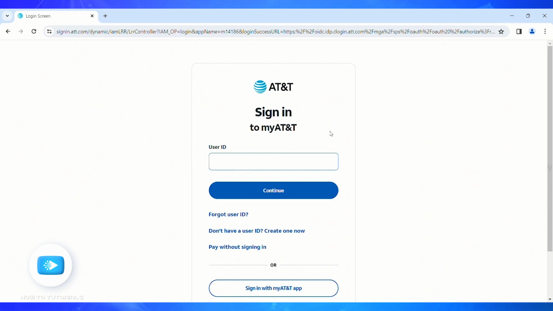Here you'll have to enter your user ID. But if you have forgotten your user ID, click on the Forgot User ID button and follow through the process. Or if you don't have an account yet, click on the Create User ID button. You can also sign in with your My AT&T app, but if not, after entering your user ID, click on